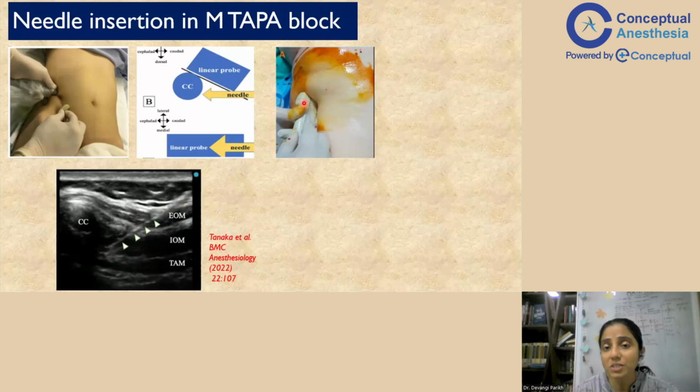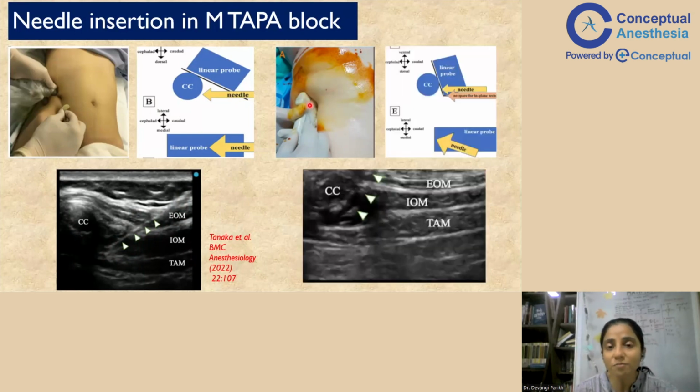However, if the patient is slightly obese, bulky, then you'll have to angle the probe like this at the costochondral angle to look into the costal cartilage. So that time we can't do an in-plane needle approach. We have to do an out-of-plane needle approach. So this is one of the limitations of the block. It is a little cumbersome to go out of plane and then reach up to the costal cartilage and then give the drug.